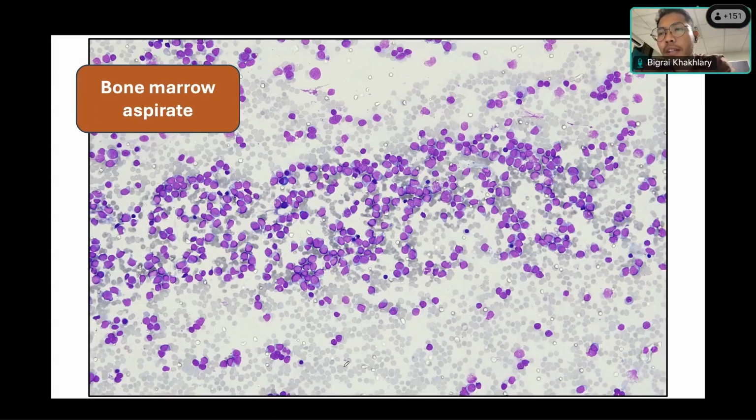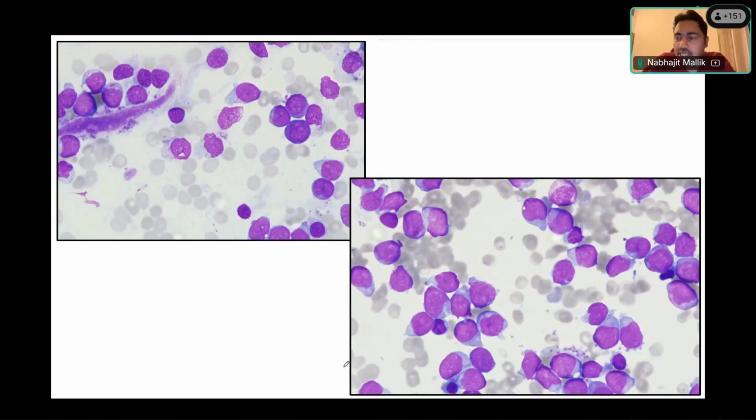So I can see hand mirror type of cell. What type of hand mirror type of cell? Okay, let's go closer and let me ask Ekta. Ekta, what do you see now? There's the higher power view, oil immersion. What do you see here? You can see blasts. Do you think they're blasts? Why do you think they're blasts? The prominent nuclei, irregular nuclear membrane. Right. What else? What about the chromatin? Fine chromatin, and in the cytoplasm we can see this